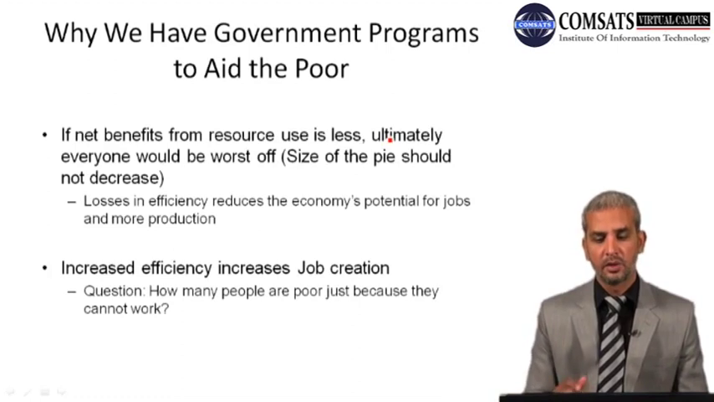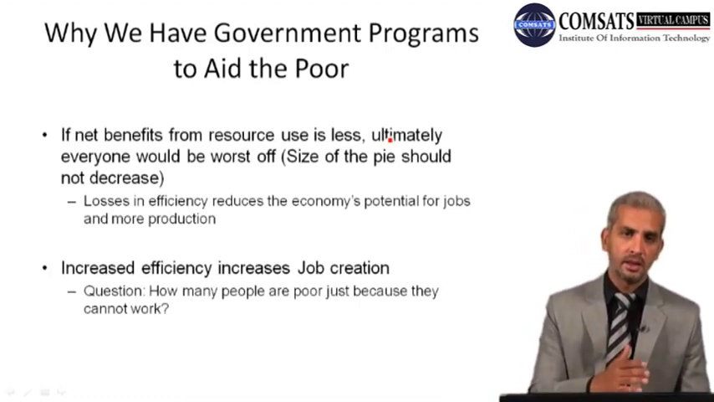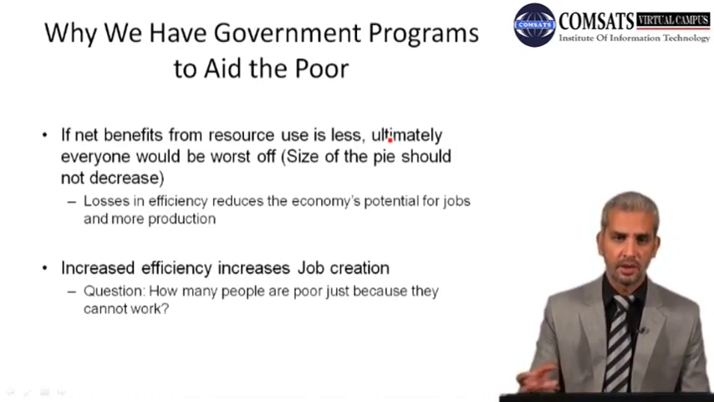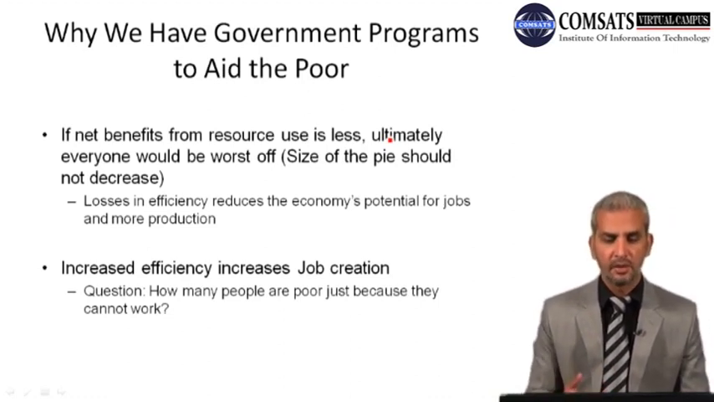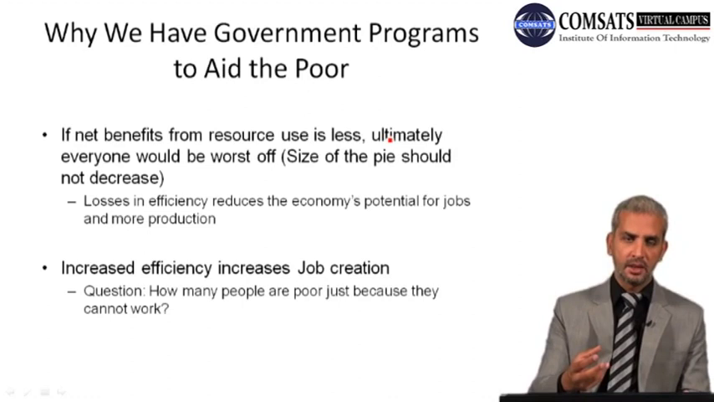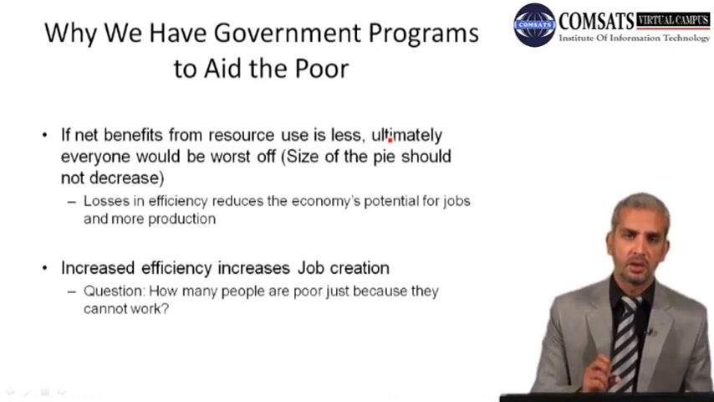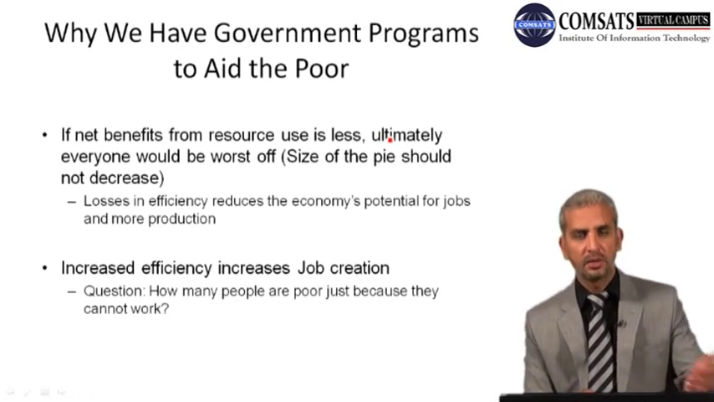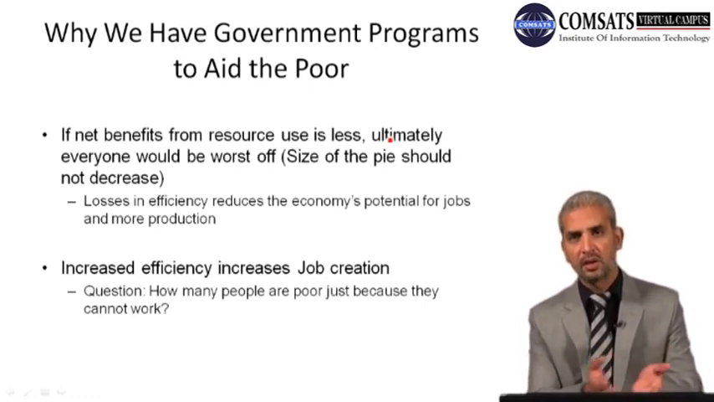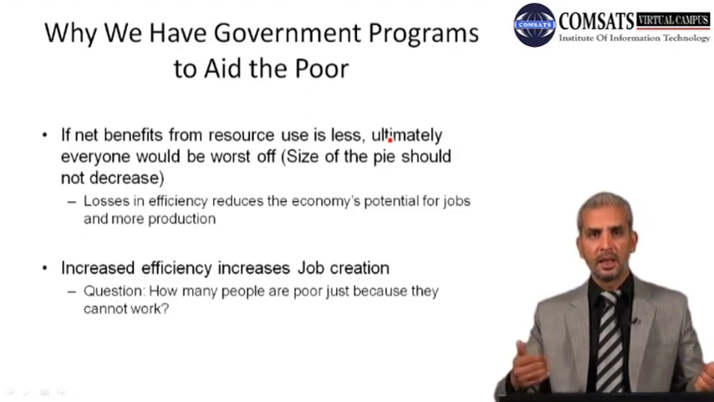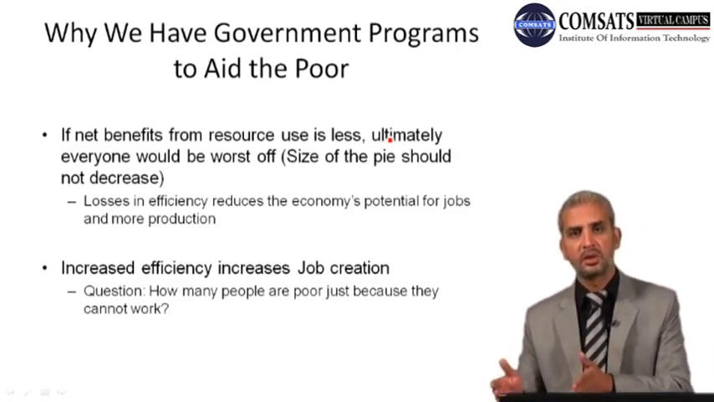So if net benefits from resource use are less, as we said, the more pragmatic approach would be to look at the opportunity cost of those resources that are being taken from one segment and given to another. If net benefits from resource use are less, ultimately everyone would be worse off. For example, if there is a lower level of efficiency in the economy, and you take resources out of the system and give them to another segment of the economy, for example, if you aid the poor, and the outcomes are inefficient, that would cause inefficiency across the board, lowering the efficiency level of the economy, and in the next period there would be fewer resources at hand